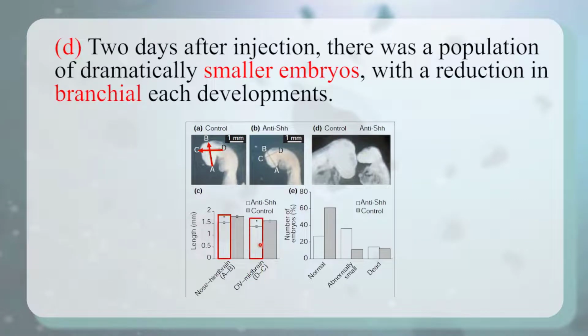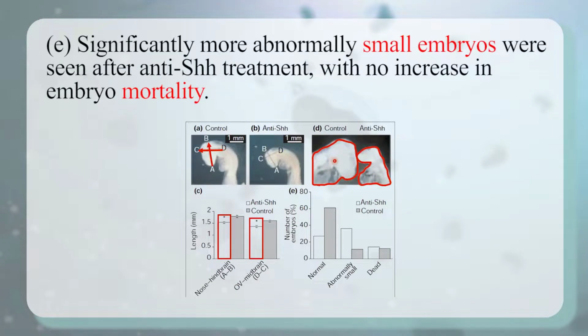Figure D, two days after injection, there was a population of dramatically smaller embryos, with a reduction in branchial arch development. Figure E, significantly more abnormally small embryos were seen after anti-SHH treatment, with no